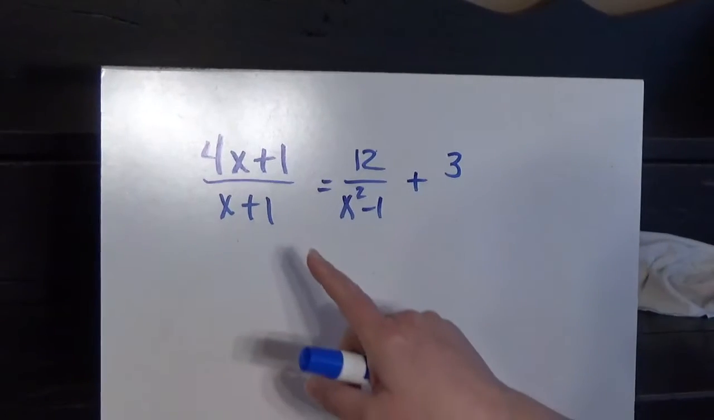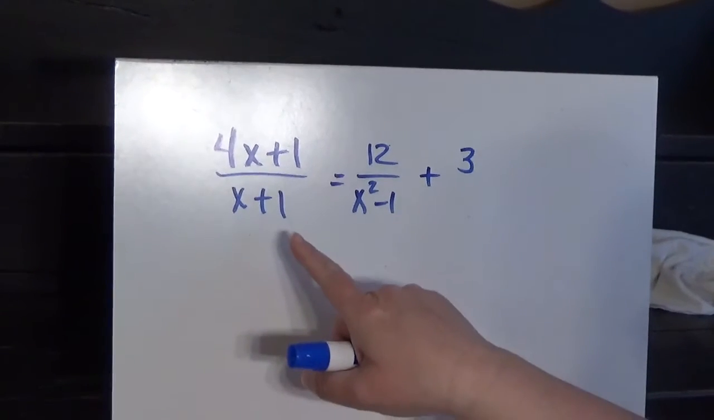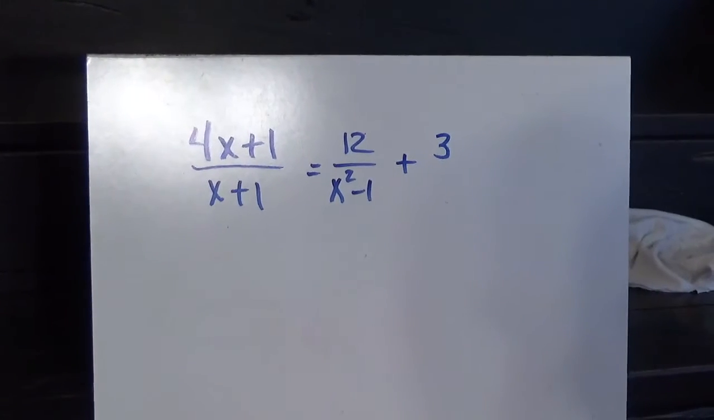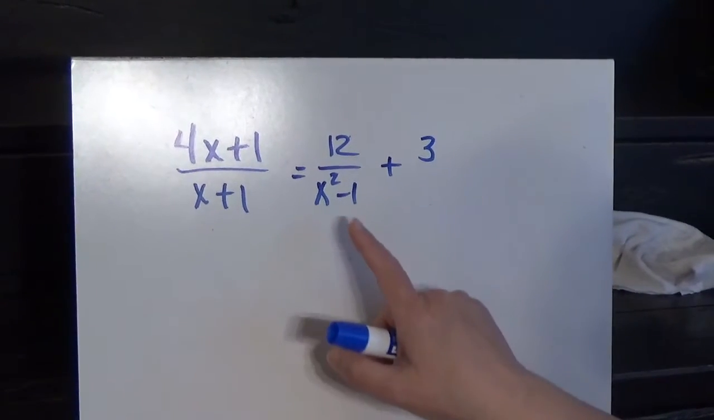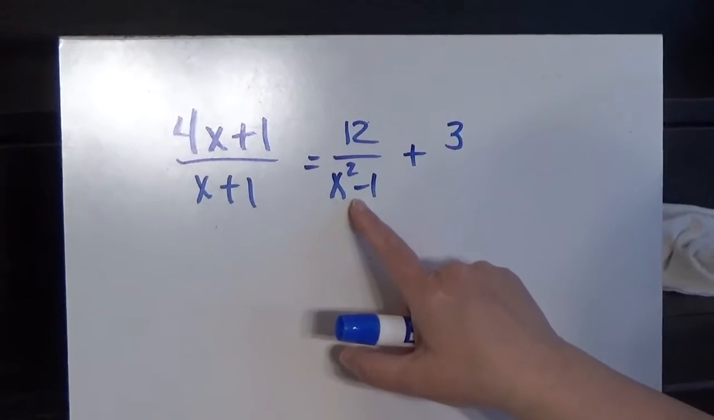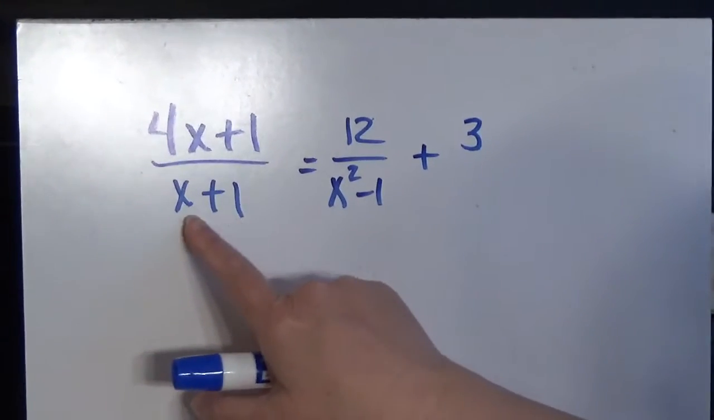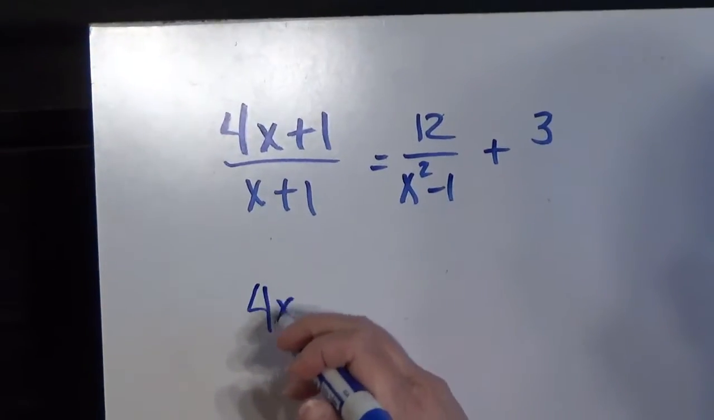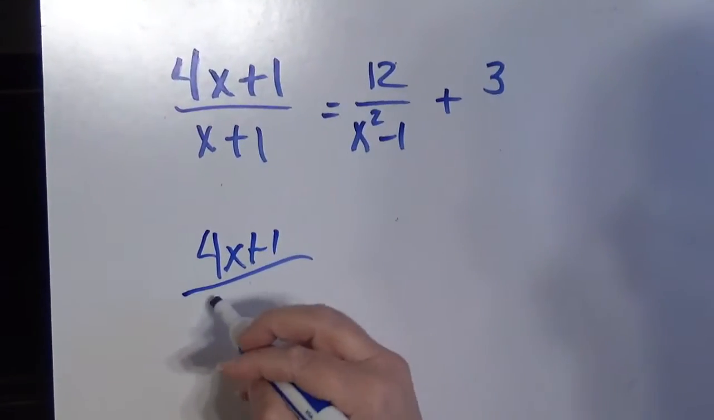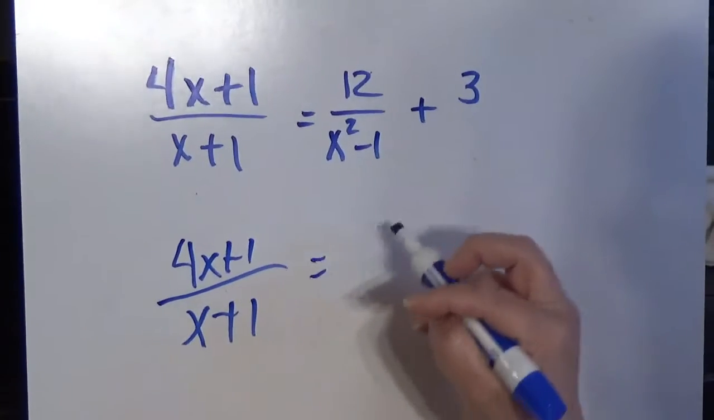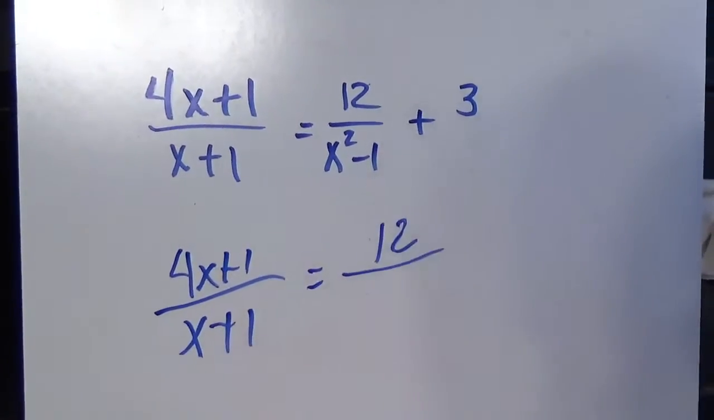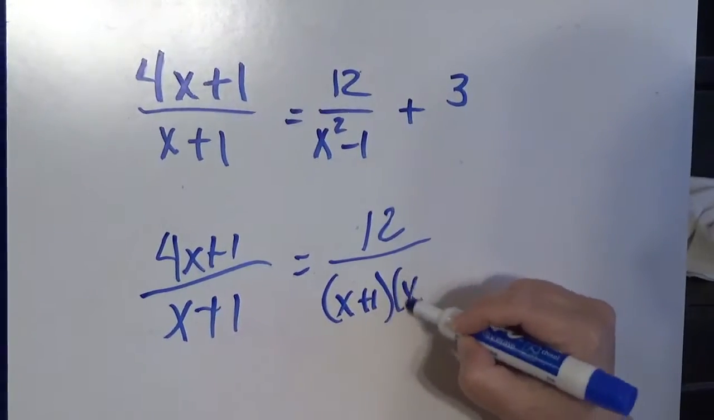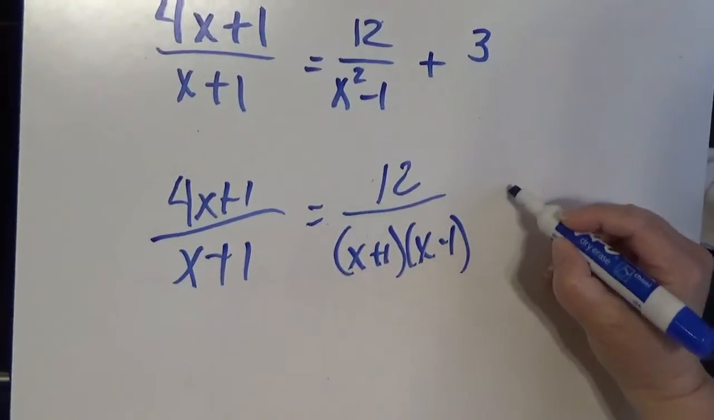Okay, on this example, whenever I multiply, I'm always wanting to make sure that I multiply by the least common multiple. So in order to do that on this one, I want to factor this out first. On all the other ones, I had a polynomial that wouldn't factor. So I'm going to start like this. And then since x squared minus 1 factors to x plus 1, x minus 1, I'm going to do that,